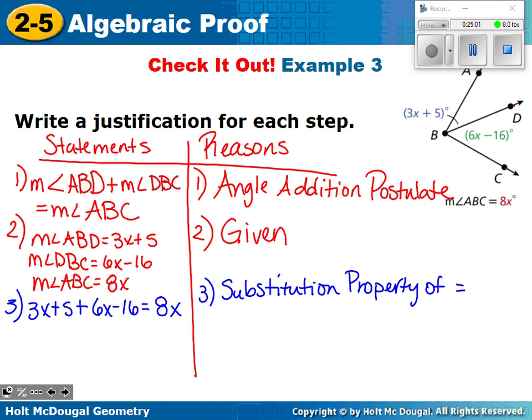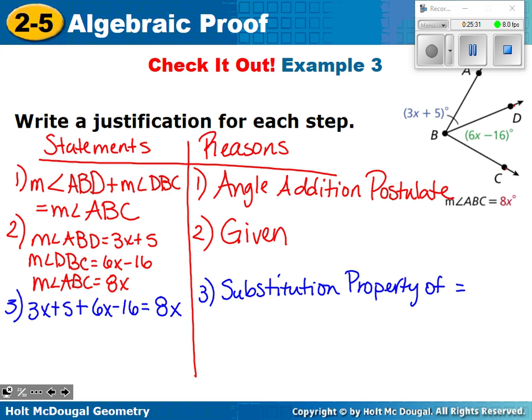For step 4. Okay, so we can combine like terms. So I'm going to put on number 4, combine like terms. And you said combine the x's. So on the left-hand side of the equation, we have a 6x and a 3x. What is 6x plus 3x? 9x. Okay, I am going to say, if you would like, you can also combine the other like terms at